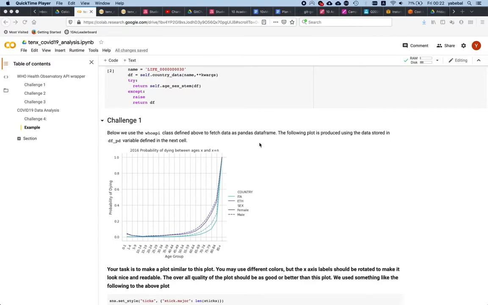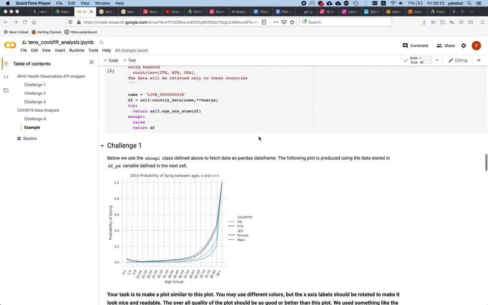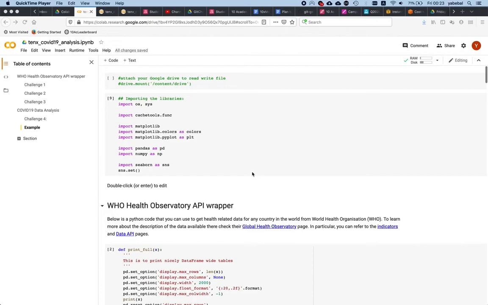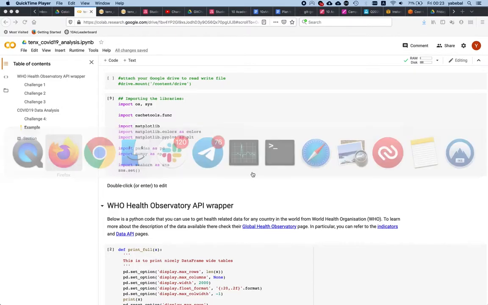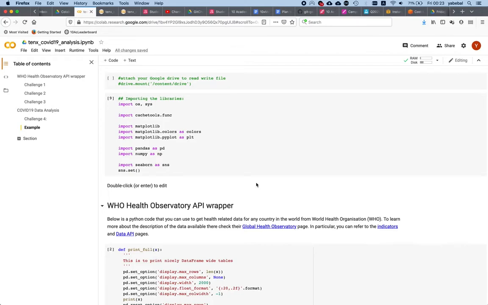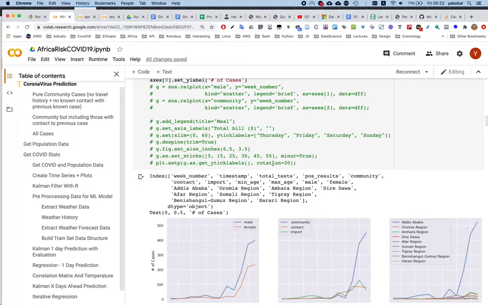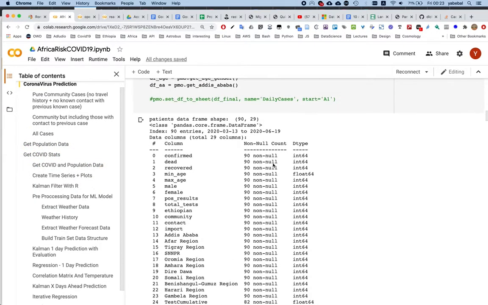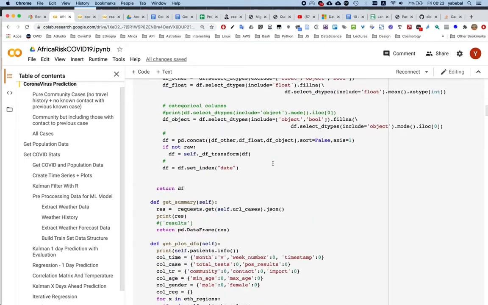This tutorial is about COVID-19 analysis, and this is an extraction of the code from what I've been doing to understand the COVID spread for myself. The code I have been working on, and we'll just show you now, is this one, where you can see that I needed to get data from different